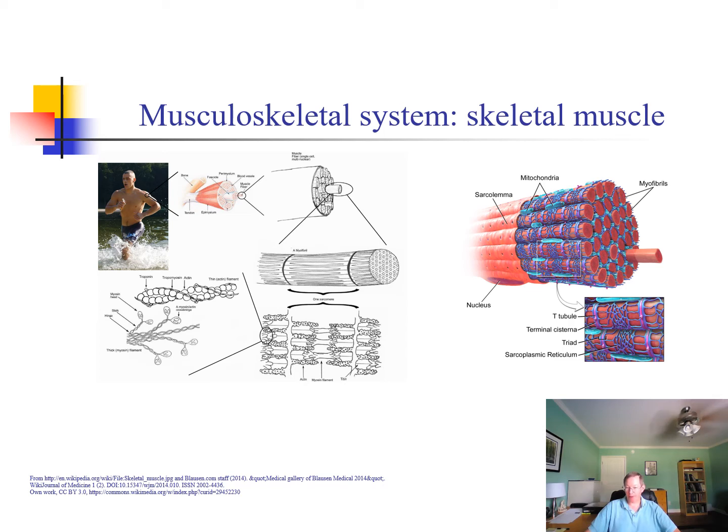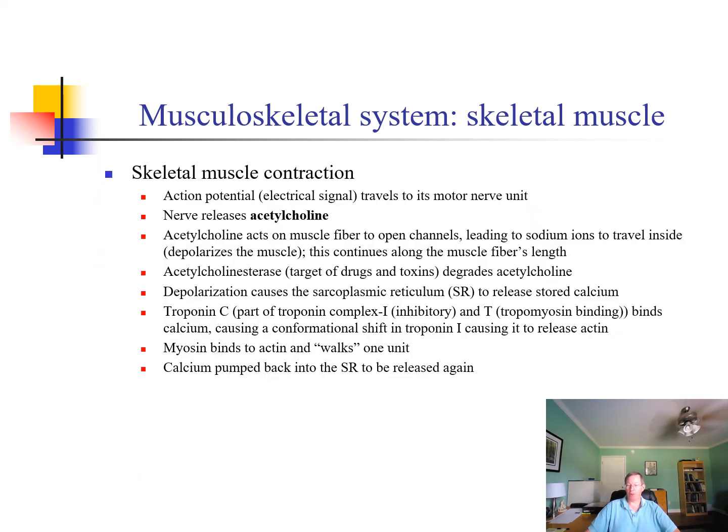It is very important that you understand how this process occurs, because there are many, many medical reasons that lead to dysfunction in this. And so I want to go through this in great detail. In order for skeletal muscle to work, I have to have some sort of a conscious signal from my brain or a reflex that is coming from my spinal cord. And that means that I have to have a nerve that is going to go out to that skeletal muscle